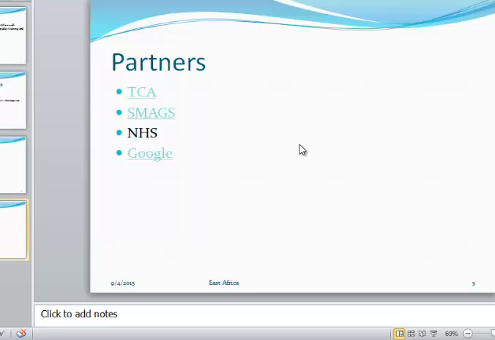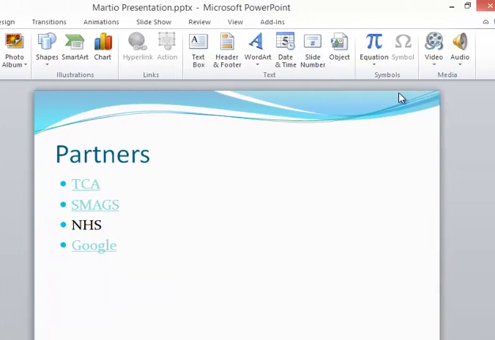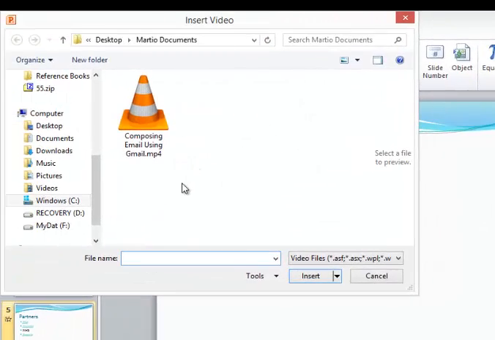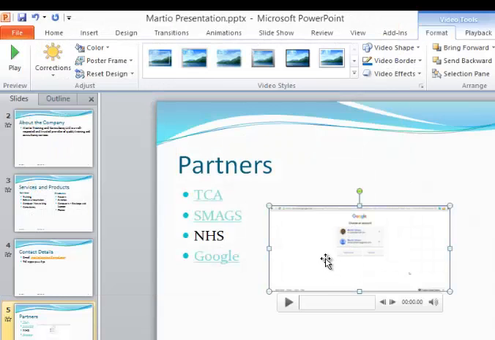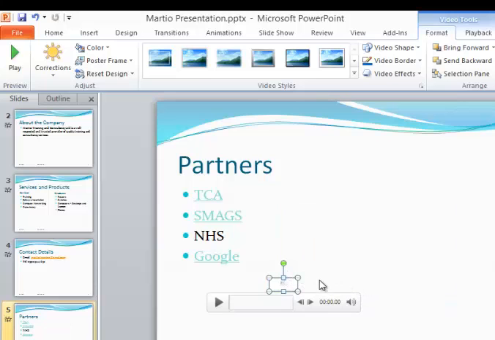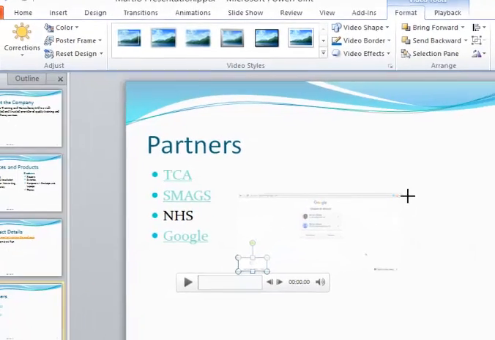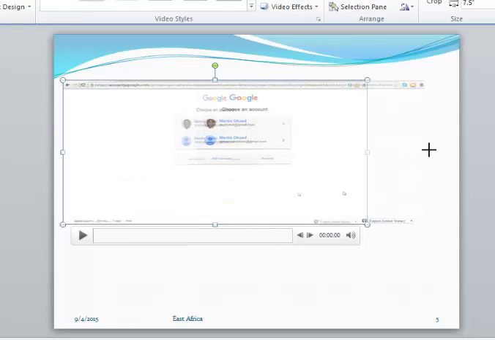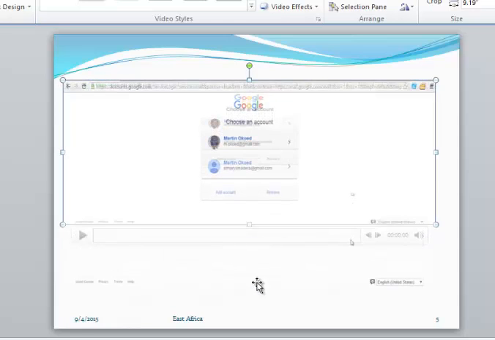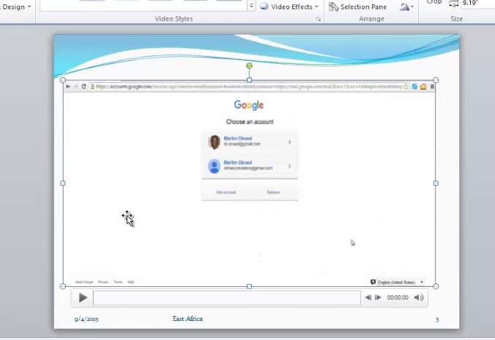You may also want to put here a video. So you still go to Insert, come to Video, and inside that folder called material, there is something, composing email using Gmail. So I will double click it to insert it. So I have inserted it. There are instances whereby when you insert it, it comes so tiny like this. What you do, simply enlarge it to some size. Okay, you can enlarge it like that, and you can test it before you run it on